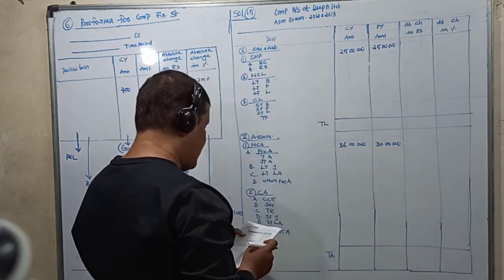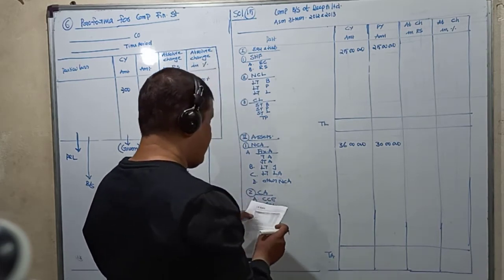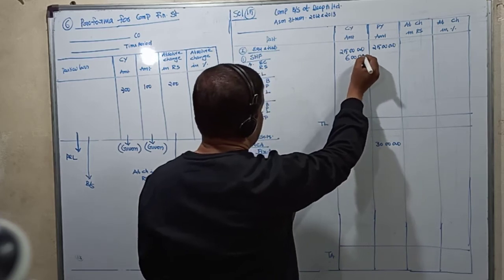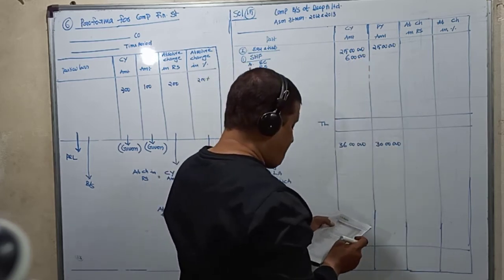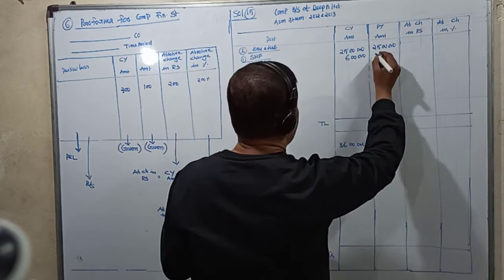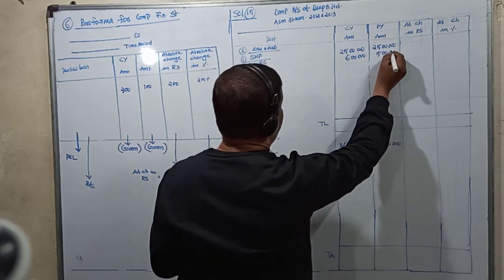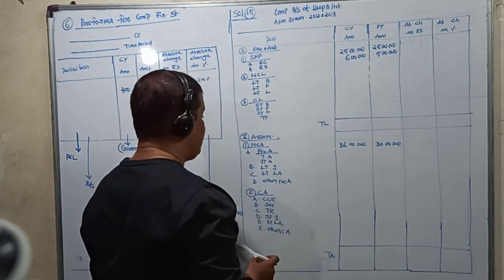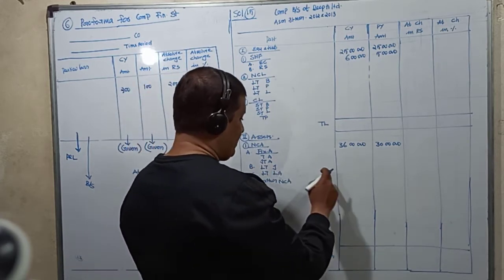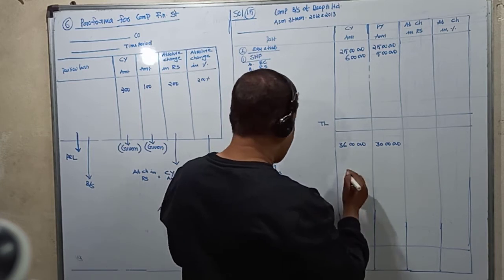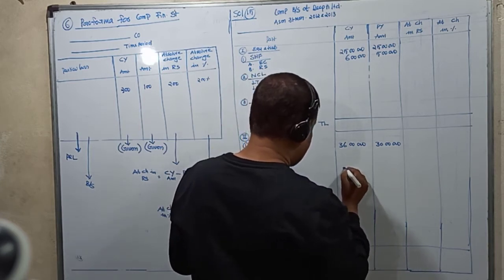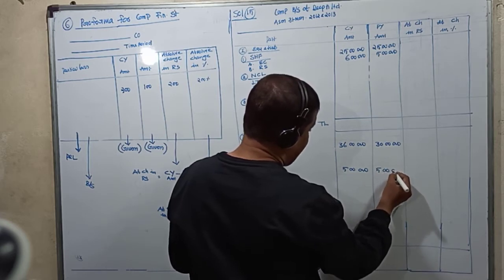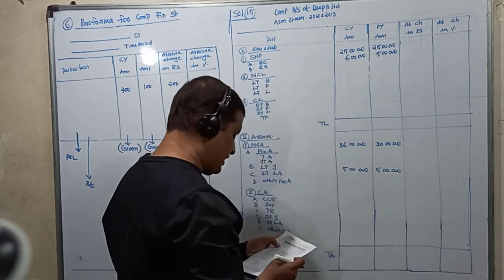Now next come to reserves and surplus. For the current year it is how much? 6 lakhs. For the previous year it is how much? For the previous year it is 5 lakhs. Next we have investments. Here, long-term investment. What is the current year investment? It is 5 lakhs. What is the previous year investment? The previous year investment also is 5 lakhs.